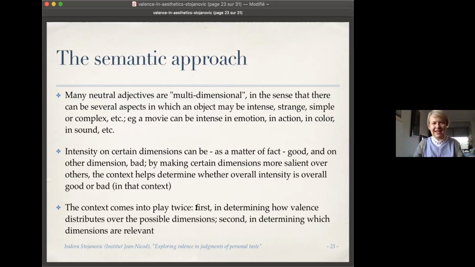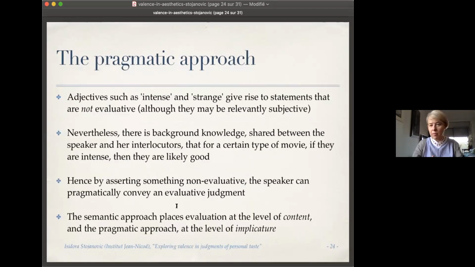one slide summary of the approach that I have been defending, and it can be contrasted with what you would call a pragmatic approach. So the pragmatic approach is going to say that adjectives such as intense and strange give rise to statements that are not evaluative. So these are descriptive statements, or if you think that descriptive is just what's factive, you can have some subjectivity in judging what's intense or strange, but basically the statement itself is just not going to give you any